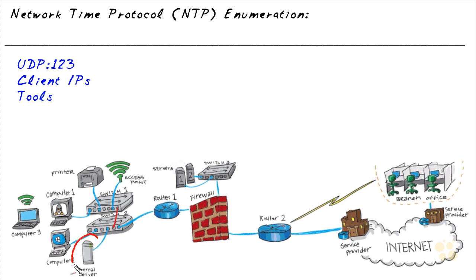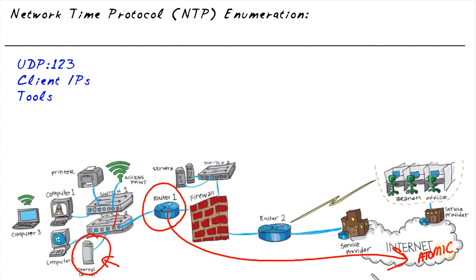Let's take this Windows server, for example. It's got NTP services running. And then clients who are part of that domain are automatically using that Windows service, NTP, to synchronize their own clocks. And on the internet, there's atomic clocks available that are considered to be very, very accurate. And many times we'll have devices inside of our network synchronize with those external clocks as well. So if router 1 is synchronizing with the atomic clock, and then the internal server is synchronizing with router 1, and then the clients are synchronizing with the internal server,